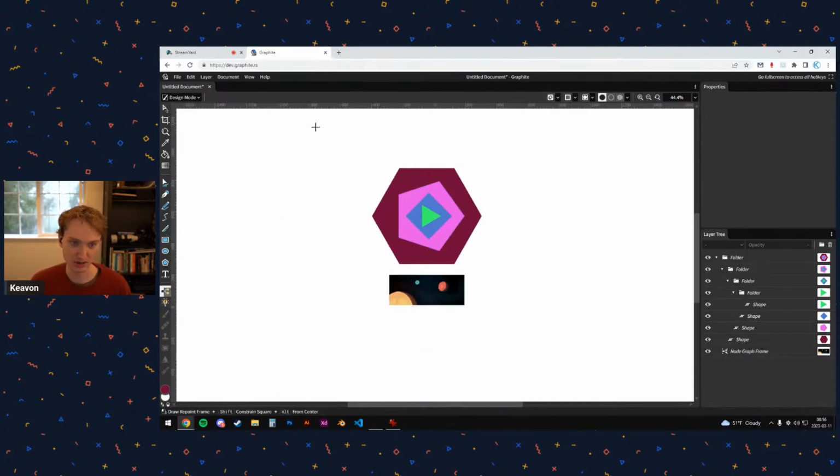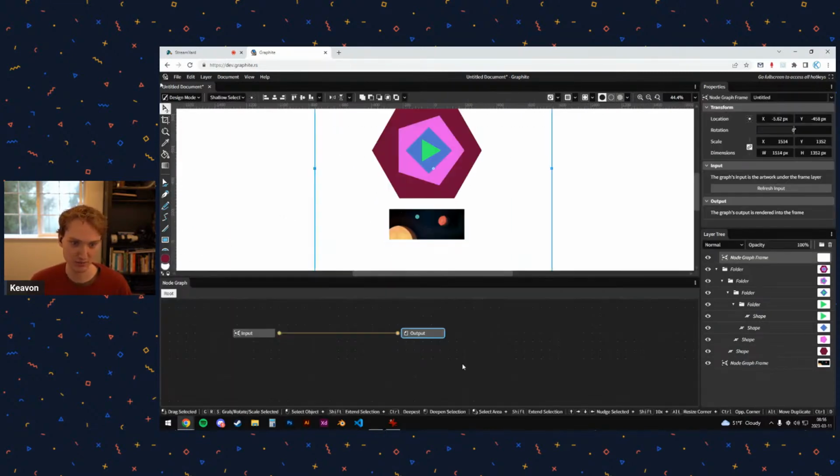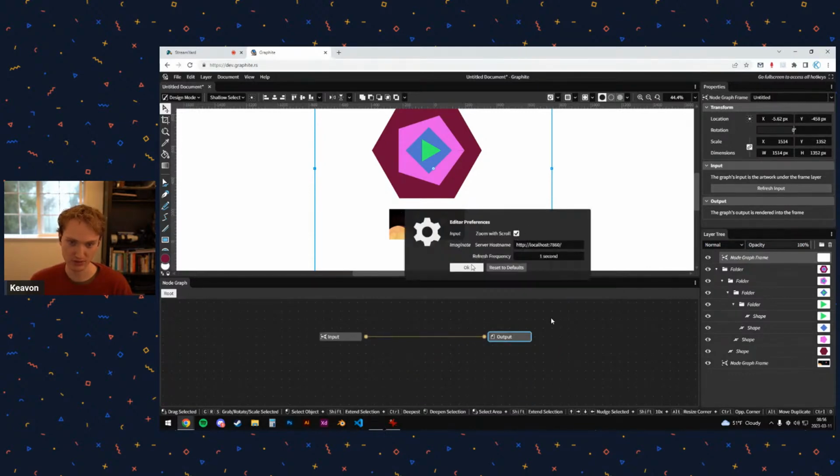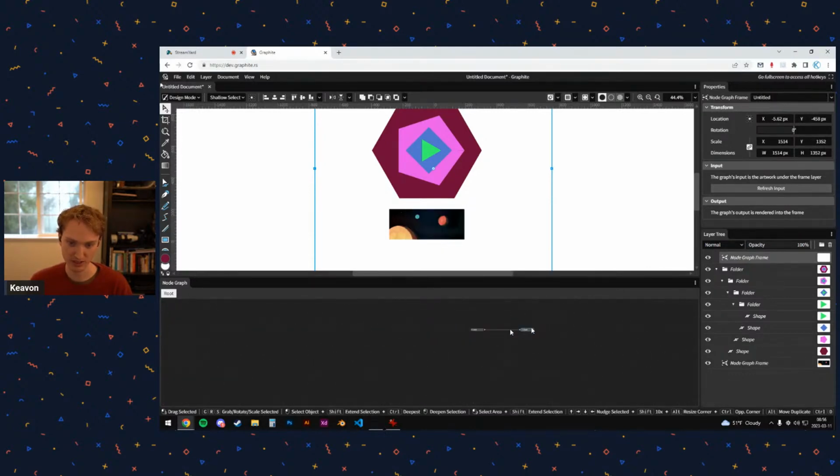And then additionally, we have the same thing in the node panel as well, in the node graph. So you can either middle click to pan, or you can go up and down with a scroll wheel, or if you enable zoom with scroll, you end up being able to pan around like that, to zoom around like that. And then of course, as before, hold shift to go vertically and